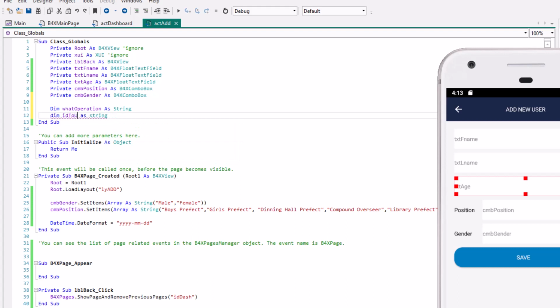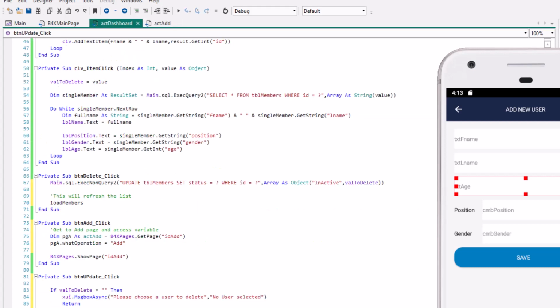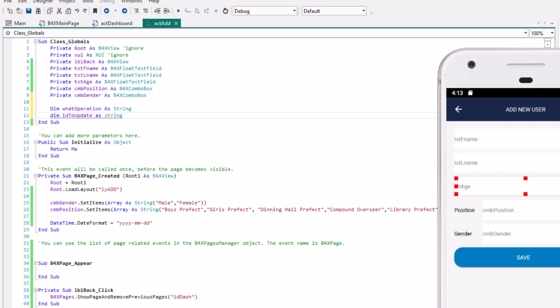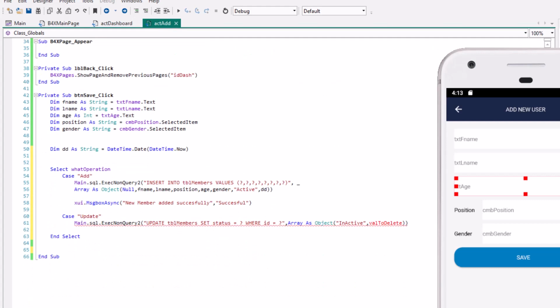Coming to update, the add page does both updating and adding, while the deleting is happening right on the dashboard. Good. Now that you have the values passed to the page and we open the page, it means here main.execute update